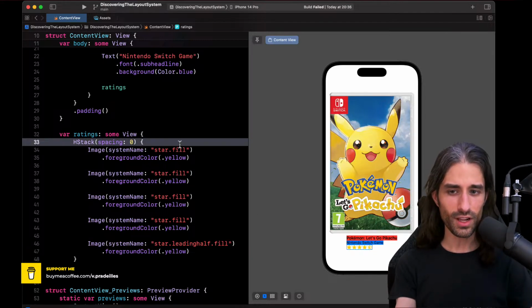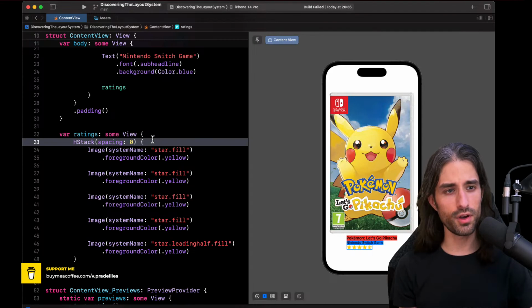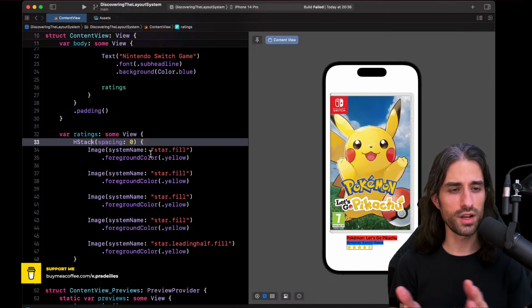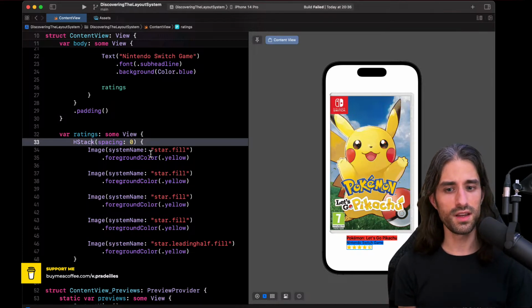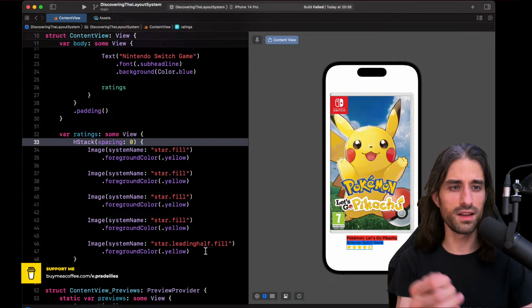So of course everything like that is hardcoded. In reality we would need to take in a number and then translate it by putting a full star for every full unit in the rating, and then maybe a half fill if it is above 0.5 for a given unit.